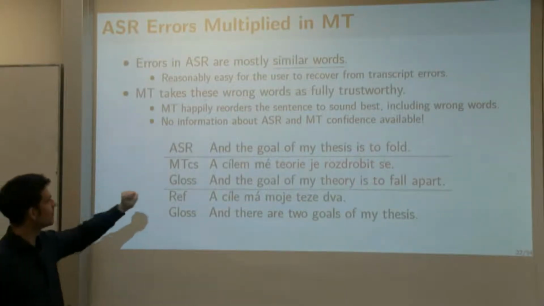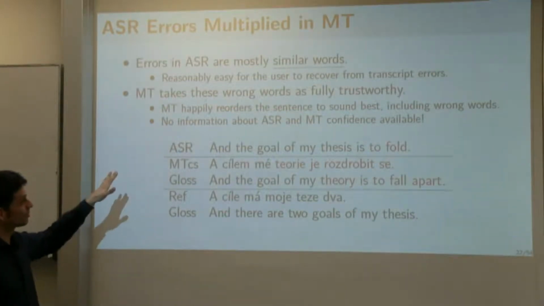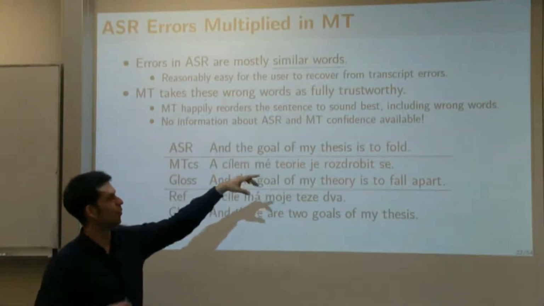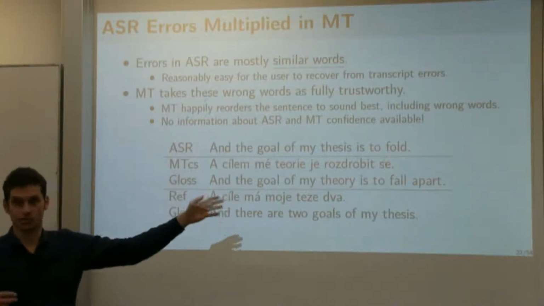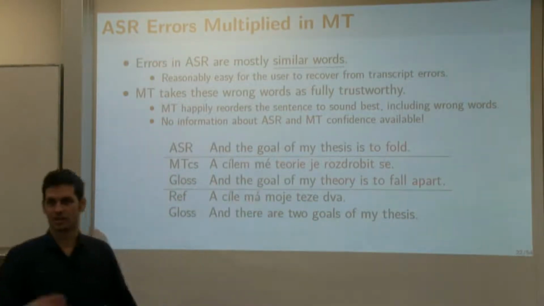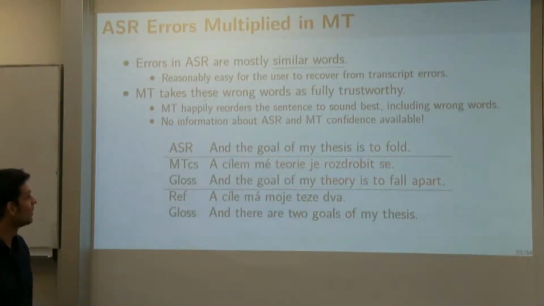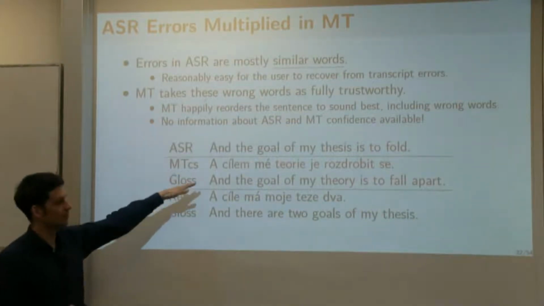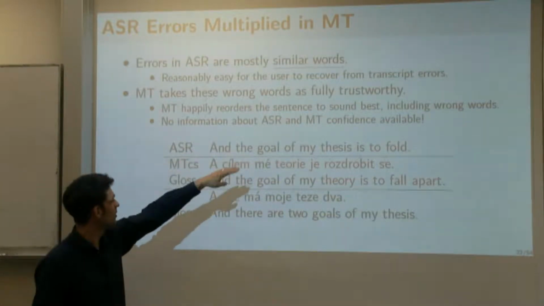So here is the example of what the system for speech recognition did. It produced the output, "and the goal of my thesis is to fold." Obviously, the goal of my thesis was twofold. So the "two" was recognized as a too short word. Maybe it was pronounced too shortly, I don't know. And the output by our English to Czech machine translation system from this input was